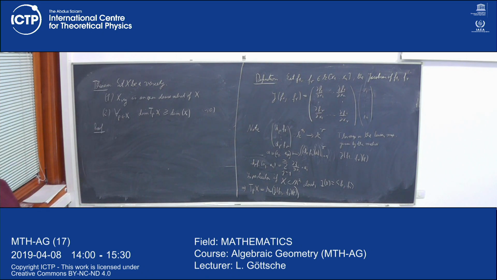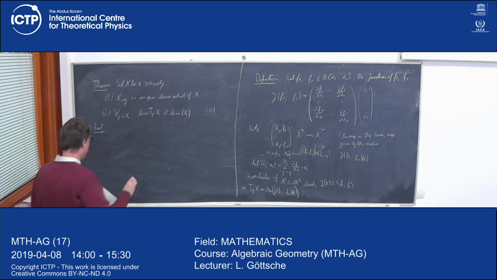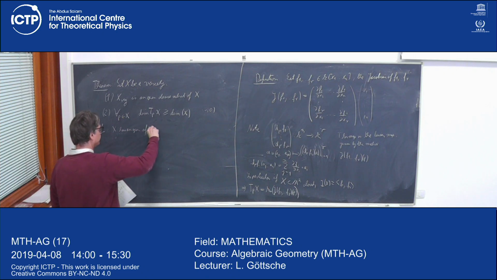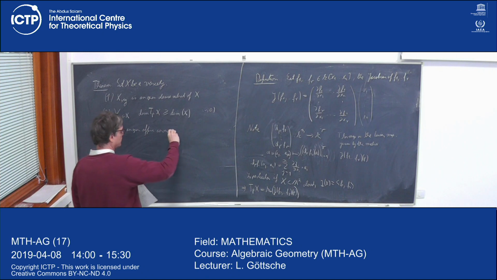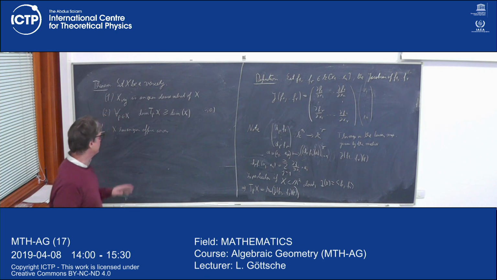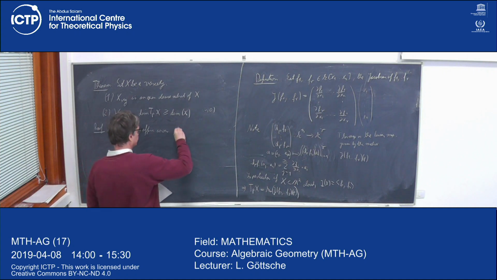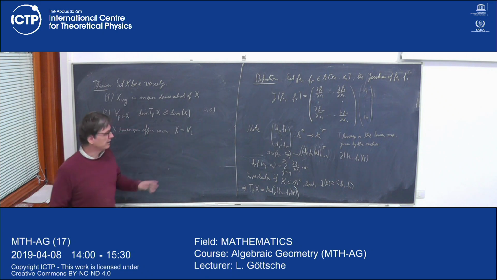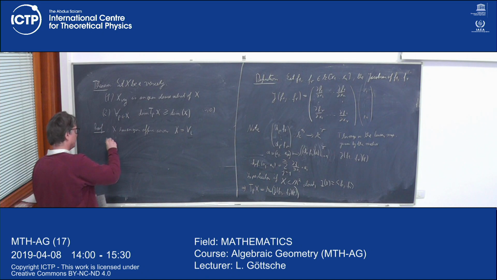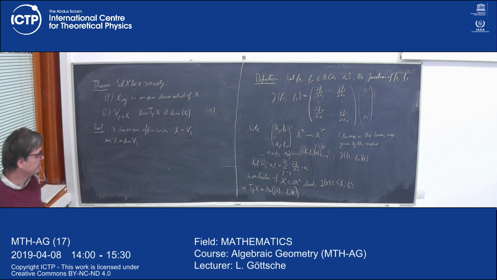So first we can reduce to the case that X is affine. So X has an open affine cover. Also that means it has a cover by open subsets which are themselves affine, and each Vi is isomorphic to a closed subvariety of some affine space. So we can assume, and obviously the dimension of X is equal to the dimension of Vi, because the dimension of a variety is the same, and